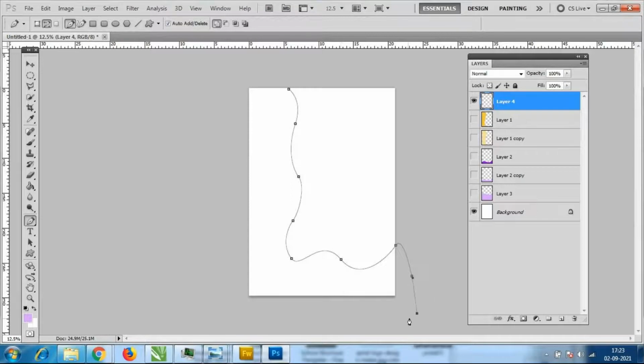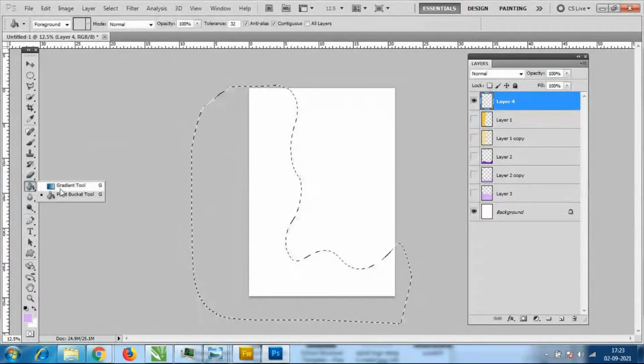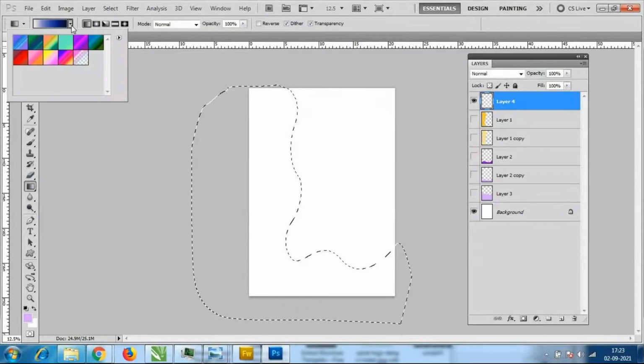Okay, now what happened, again you can start it from here itself. So only this much area is my priority, means you have to add this much area only. Control Enter, and for this you can add the gradient tool also. So what I will do, I will go to this paint bucket only, we have this gradient tool. I'll add whatever gradients you want.